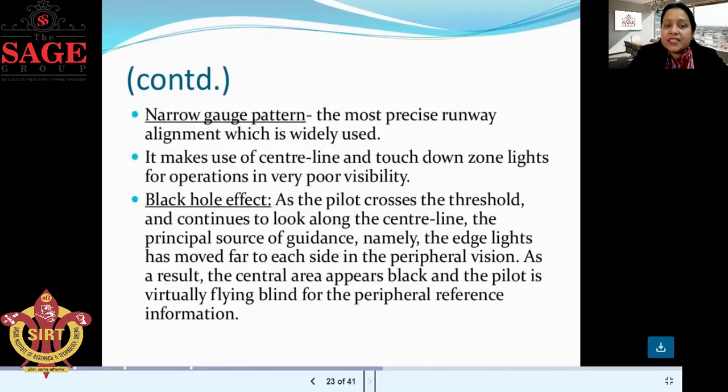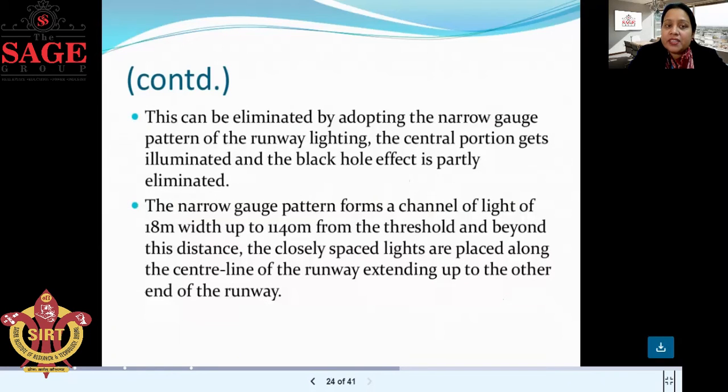As a result, the central area appears black and the pilot is virtually flying blind, without peripheral reference information.